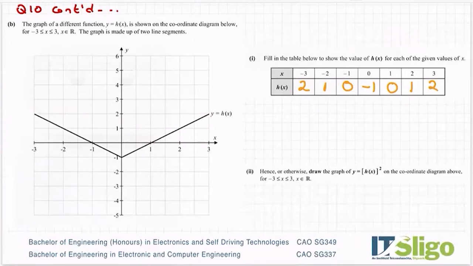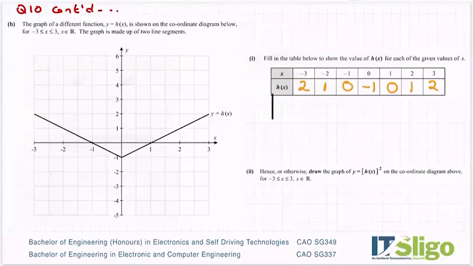Okay, part 2 then in that question. Hence or otherwise, draw the graph of y is equal to h of x all squared on the coordinate diagram above for the same range. So h of x squared. So what I would do here